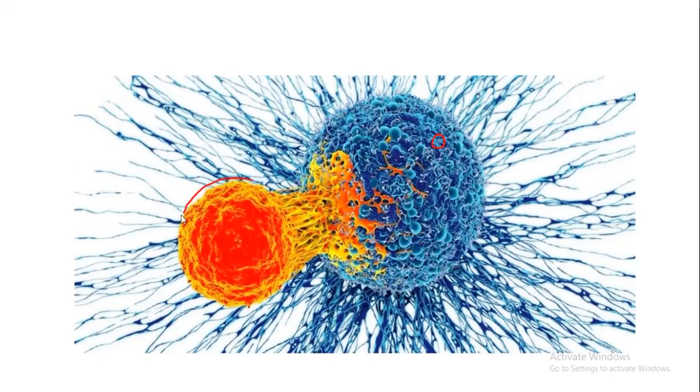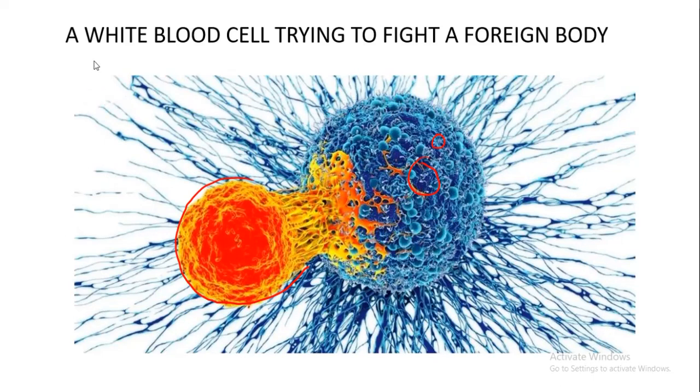So this white blood cell has identified this guy, and in this case it's just trying to fight this bacteria. It can be by engulfing it, or it can be by any other ways. All right, so from here you can say, like I have said, a white blood cell is trying to fight a foreign body. This foreign body can be a bacterium, like I have said, it can be a virus, it can be any microbe which is a little bit hazardous or a little bit unwanted by the body.